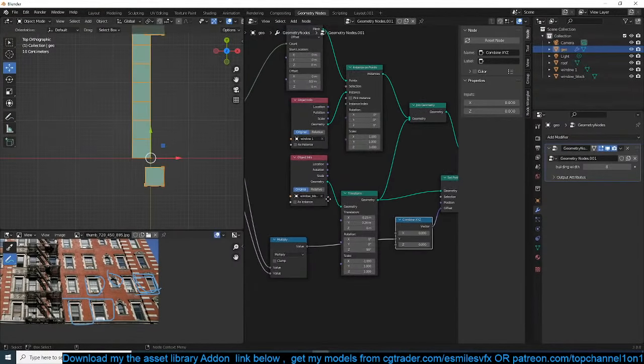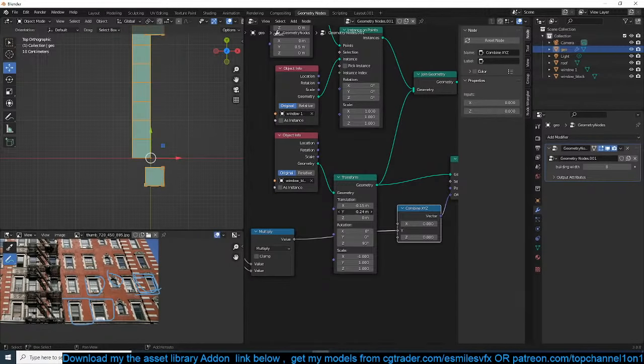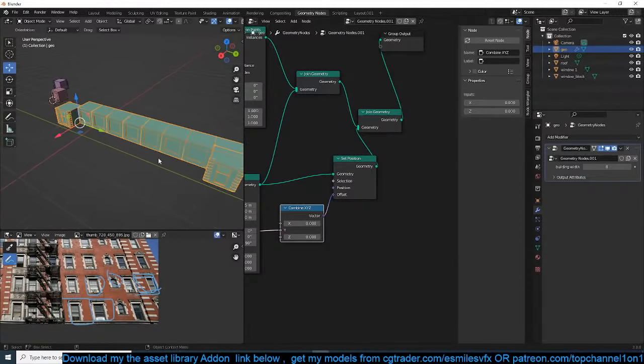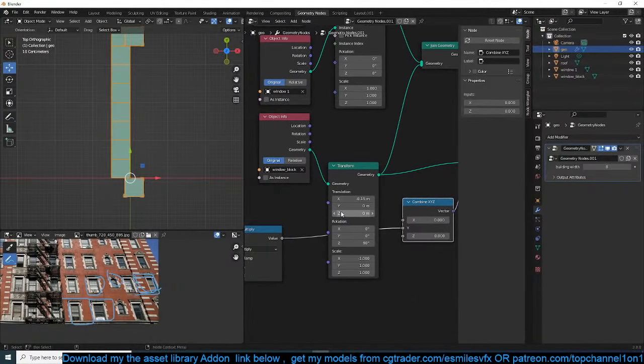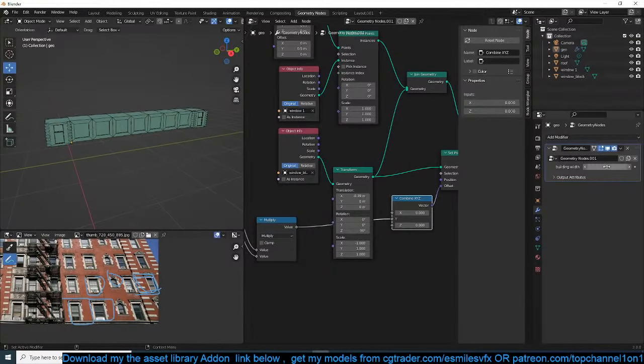So first I'll grab this position here, change the y value there, and also want to adjust, is it the x value, to be just a bit like that. So now just adjusting this can adjust the building width,